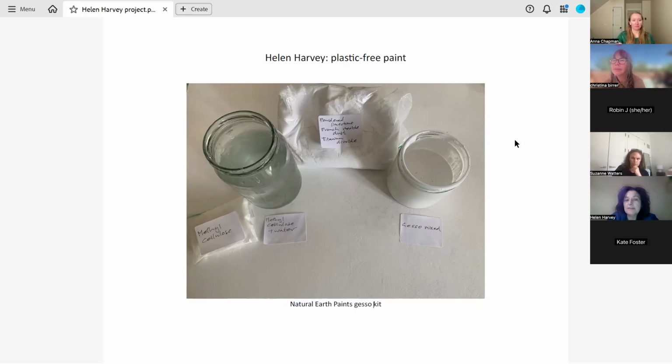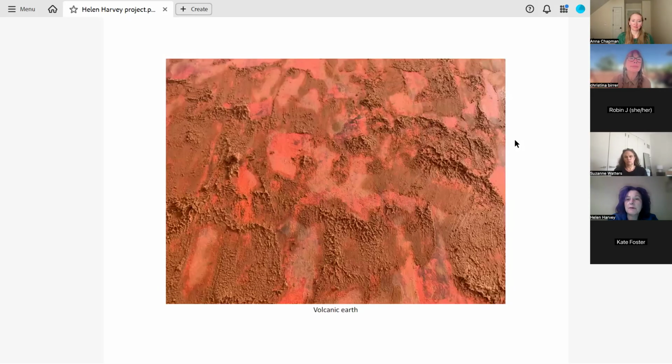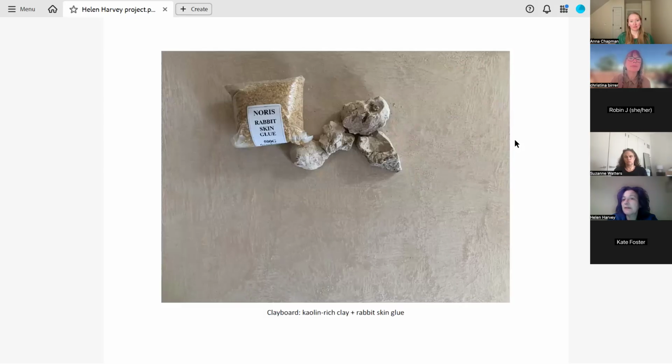And they do have another product which they call acrylic medium with a K. So it's not actually plastic acrylic. They don't disclose the recipe, but it's cellulose based. And I found that by adding just a little bit of that, it gave the gesso much more strength. So I was really, whoopsie, I was really happy about that.